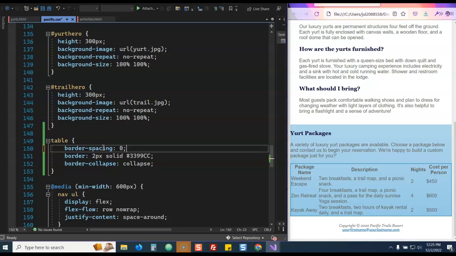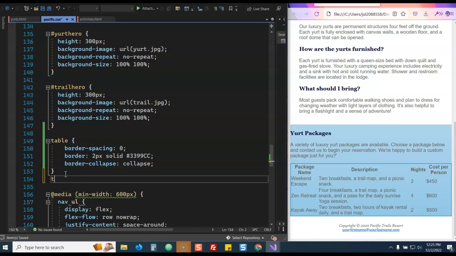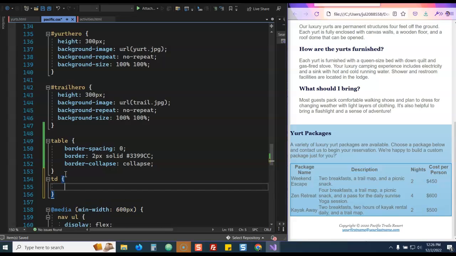Okay. Configure the table cells now. So now we're going to do a style rule. Okay, let's see. Doesn't really do much. Doesn't do anything that we see right now, but just fine. Okay, let's go to TD. And the TD is going to, well, first of all, configure the table cells. So we're going to do TD and TH. So when we do that, we can have both. And then we're going to have,